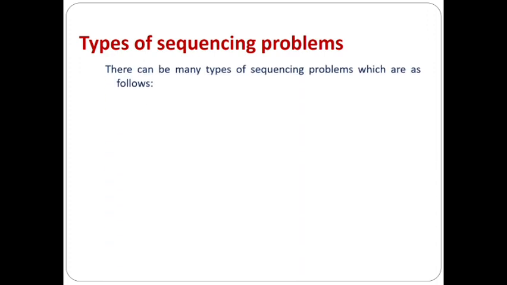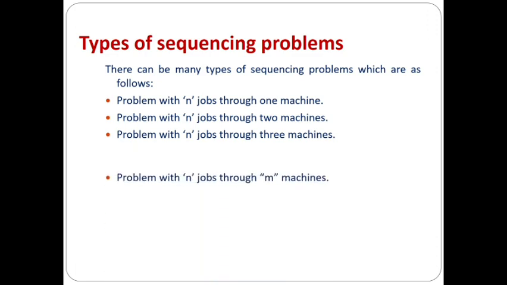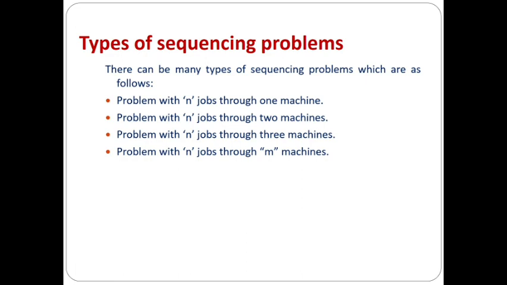There are some types of sequencing problems. First one is problem with n jobs through one machine. Next, problem with n jobs through two machines. Problems with n jobs with three machines. Problem with n jobs through m machines. Then finally, problem with two jobs through m machines. The first case is entirely different and second, third, fourth cases will be somewhat unique. And it will be solved by using Johnson's algorithm, and the last case, the fifth one, can be solved by